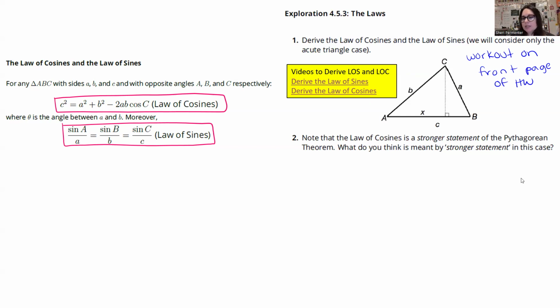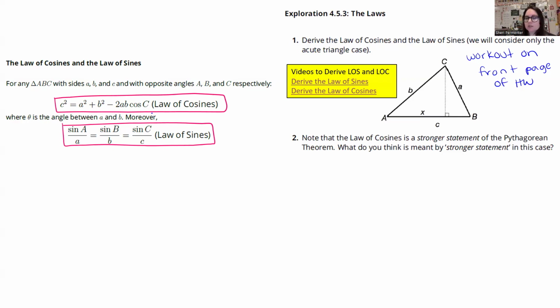Next, the law of cosines is a stronger statement of the Pythagorean theorem. What do you think is meant by stronger statement in this case? For what type of triangles do you have to use the Pythagorean theorem? A right triangle. So the law of cosines works for any triangle. You can use it for a right triangle, it would be overkill, but you can. Why would you use this if you can use the Pythagorean theorem? It doesn't make sense, but